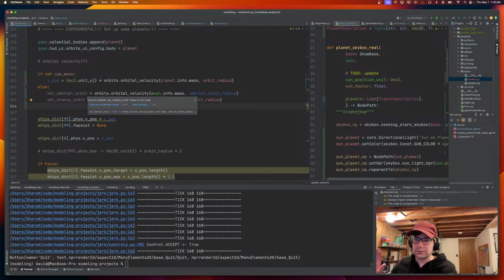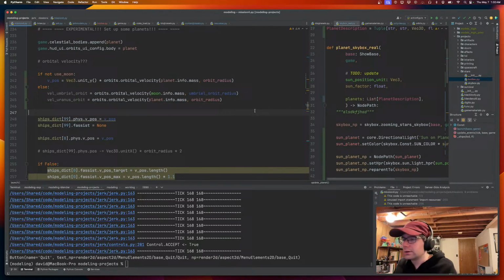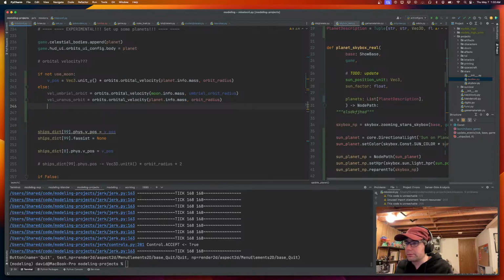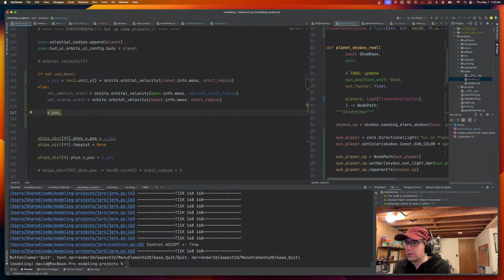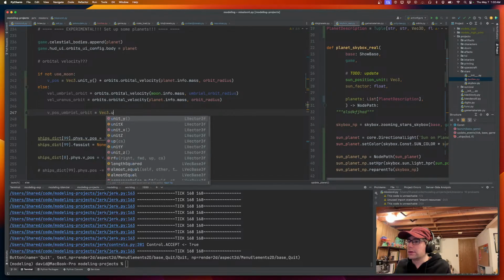It's going to be the cross product of Z with the actual normalized position, right? So the VPOS for the Umbriel orbit is going to be vec3 dot unit